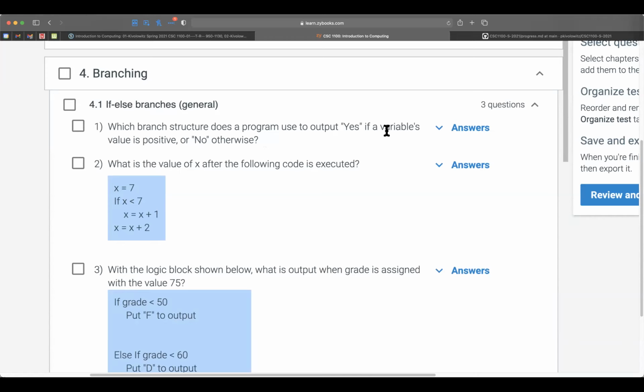So you would need to mentally step through the code. X starts out at 7. If X is less than 7, it isn't. So X equals X plus 2. I'm hoping the answer is 9. Okay, so here are the samples of the actual questions.